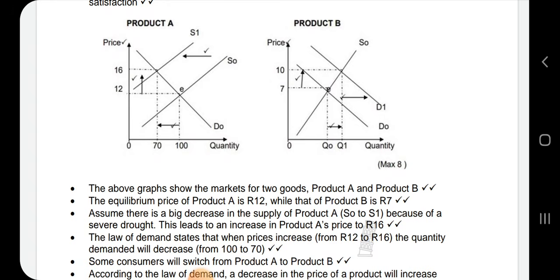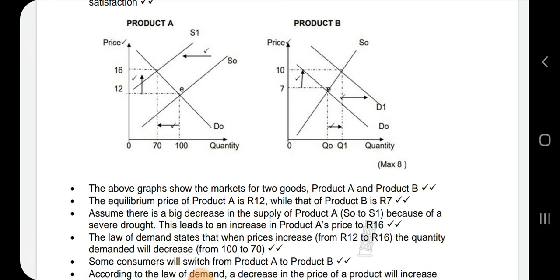The equilibrium price of product A is 12 Rand, while that of product B is 7 Rand. If you do not have a textbook, because it's quite important for you to have one, or maybe your notes are not adequate, I can advise you to download your study guide. You just go on Google and write economics grade 11 study guide. The Via Africa study guide, it's free. You can download it to your phone and then you will use it